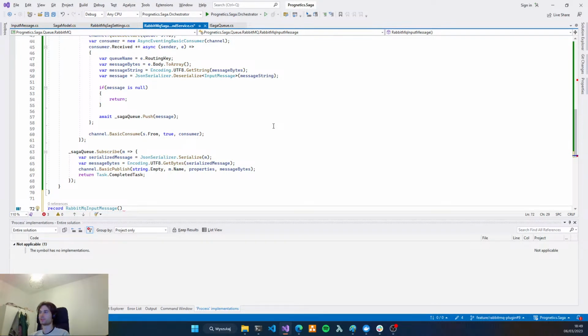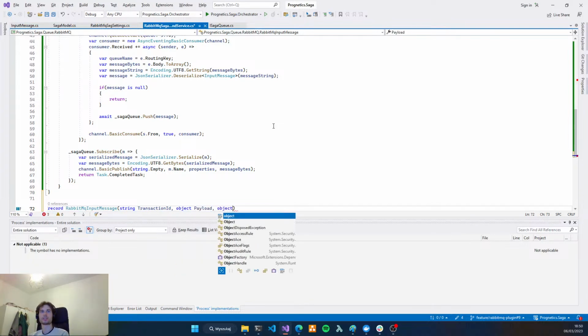I think it will be more developer friendly to not pass the name every time, because we have this already. So for what we want: transaction ID, string, payload, object, no, compensation.